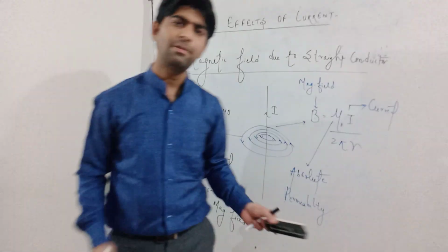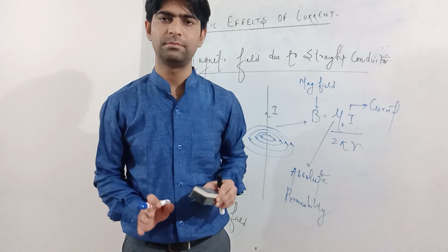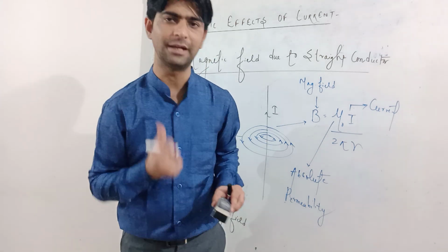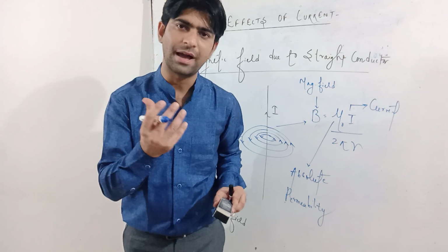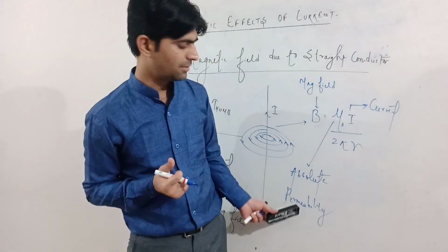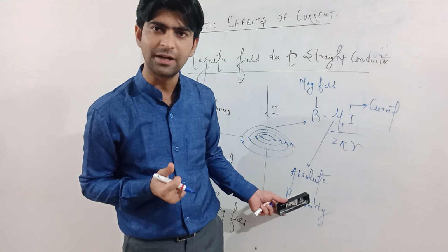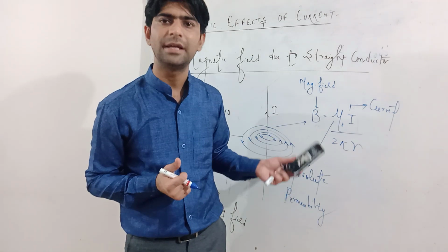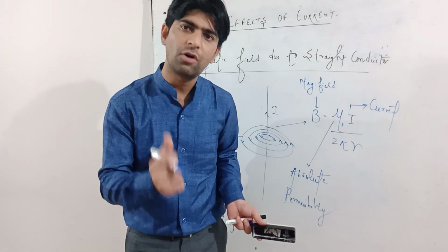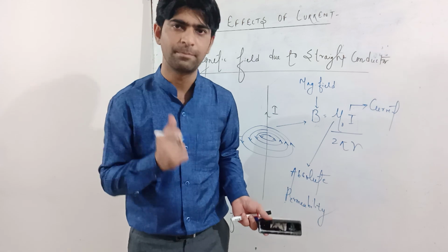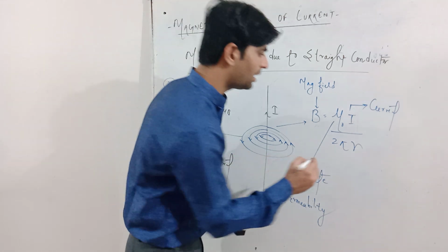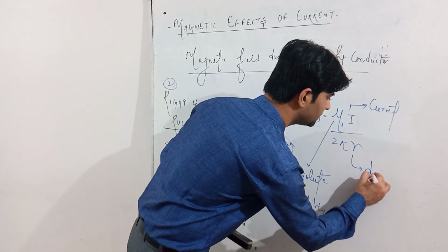Permeability means the ability of any medium to magnetize or demagnetize. Suppose आपने एक मैग्नेटिक मटेरियल अगर किसी मैग्नेटिक फील्ड में रख दिया है तो वो कितना रैपिडली मैग्नेटाइज या डीमैग्नेटाइज हो सकता है, वो हमको पता चलता है किससे, परमेबिलिटी से. और जब मैं एब्सोल्यूट परमेबिलिटी लिख रहा हूँ, दैट मीन्स दिस इज फॉर द मीडियम, एयर और वैक्यूम. So what is permeability? Permeability is the ability of any magnetic material or a medium that how rapidly it magnetizes or demagnetizes.